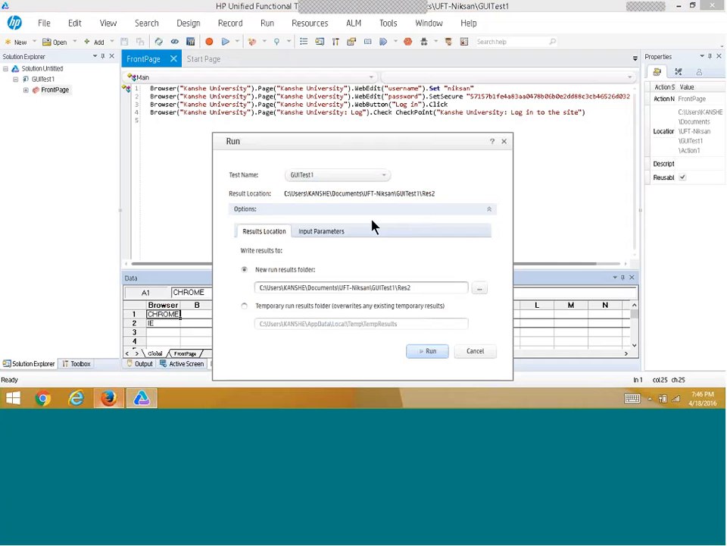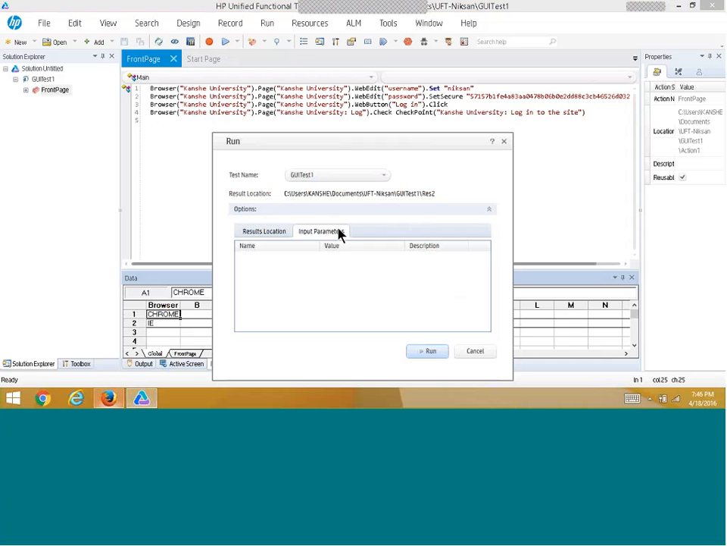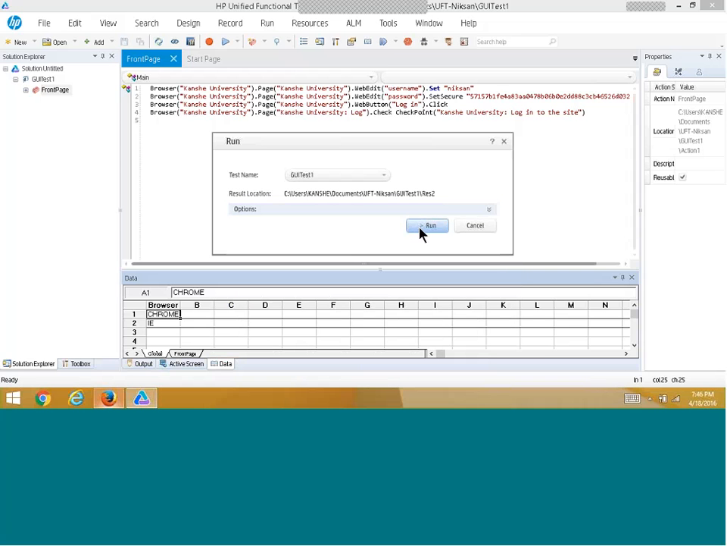Anyways, you can put your results folder or temporary run results folder, and you can also provide input parameters there if you want. Right now we'll keep the same result location, click on run, and you can also of course cancel it. So running this,